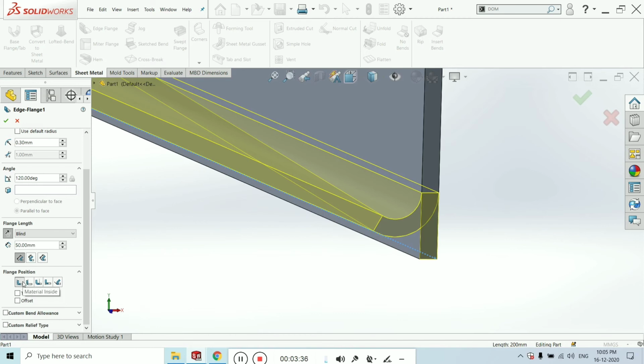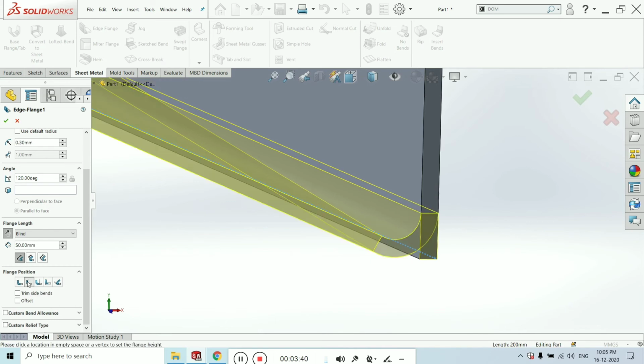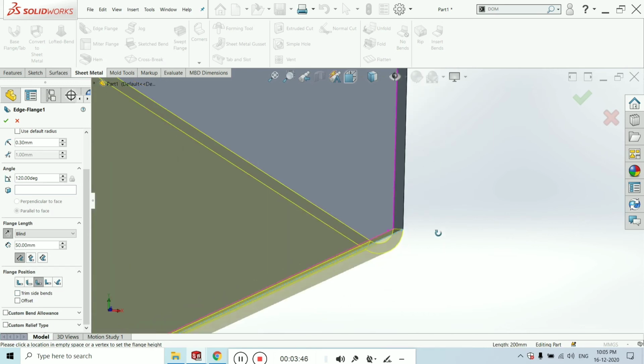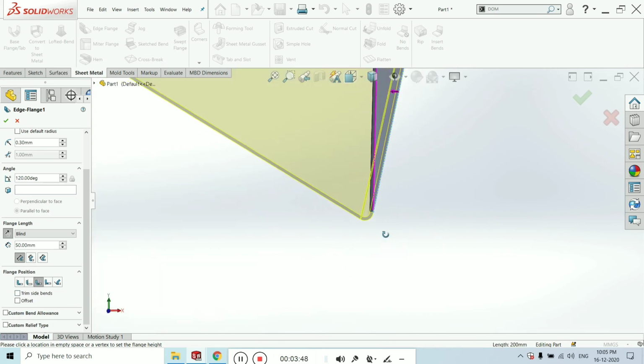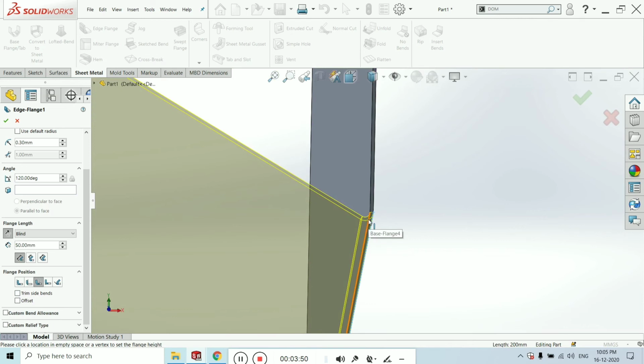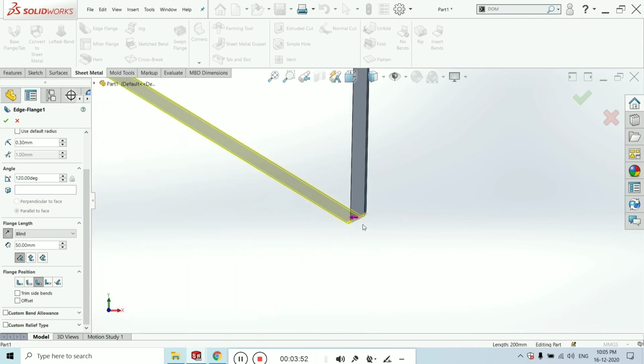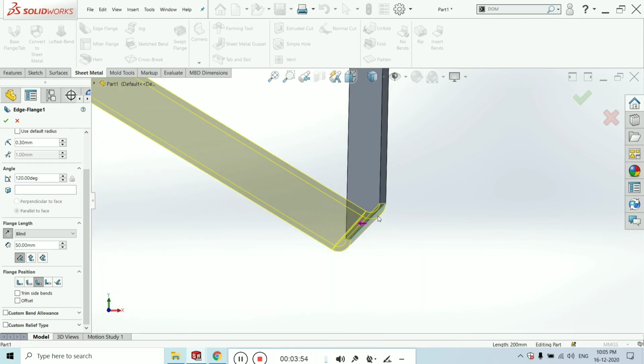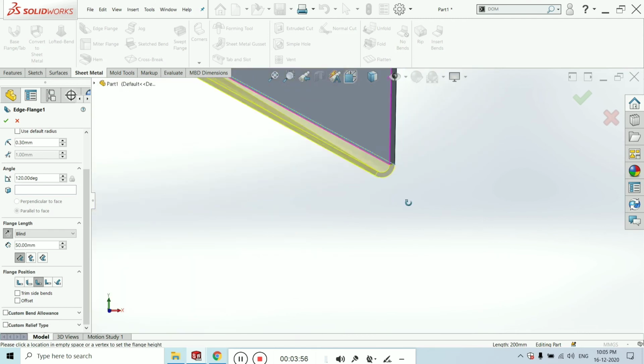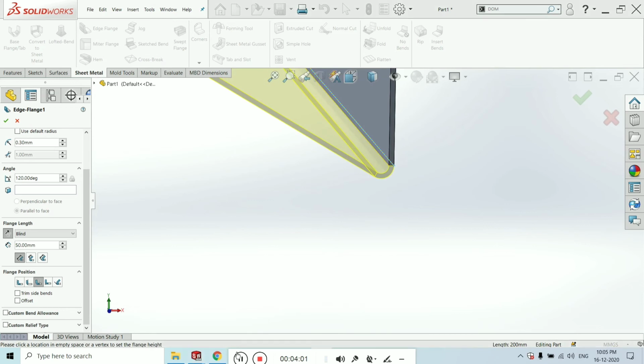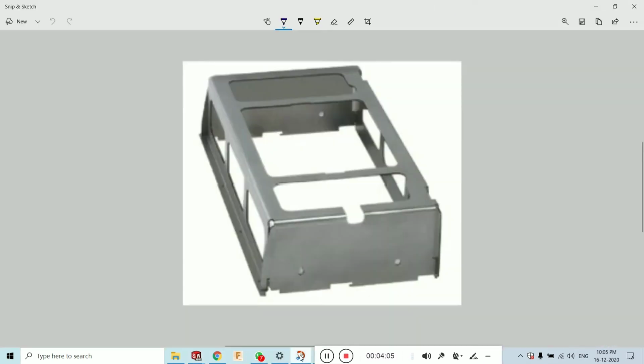The first one is the default, material inside. The second one is material outside. Just click here, and you can see the material will be outside. In the third, bend outside, you can see the complete body is bent; the extra part has been added over here. It is very important to make, add or customize these changes in any sheet metal part. As you can see, I have got one sketch for you.